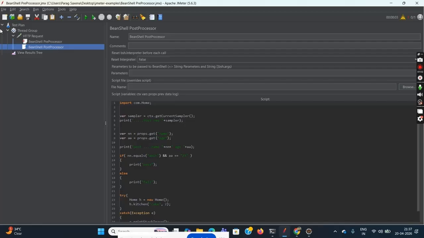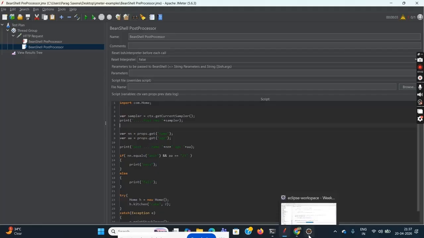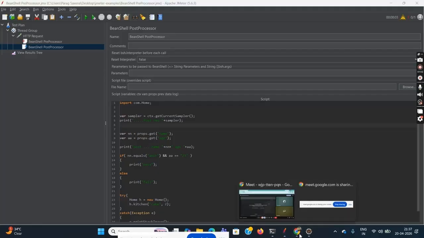And what is this CTX object, VARS object, PROPS object, means pre-request, request which has handled. Okay, data and log. For example, again, if I go to,